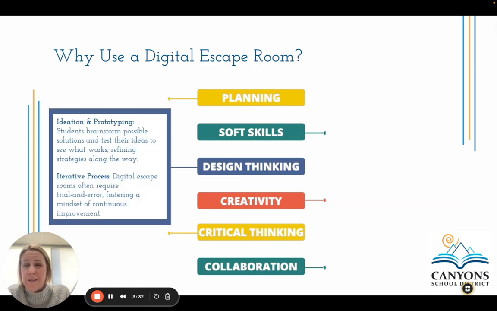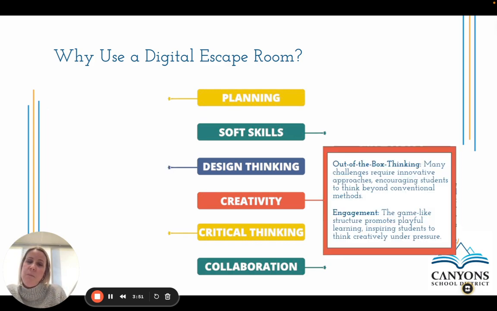In regards to design thinking, students brainstorm possible solutions and test their ideas to see what works, and they may have to refine their strategies along the way. And then it's an iterative process, meaning digital escape rooms often require some trial and error, fostering a mindset of continuous improvement. For creativity, it requires out-of-the-box thinking. Many challenges may require innovative approaches, encouraging students to think beyond some conventional methods. And then engagement, the game-like structure promotes playful learning, inspiring students to think creatively